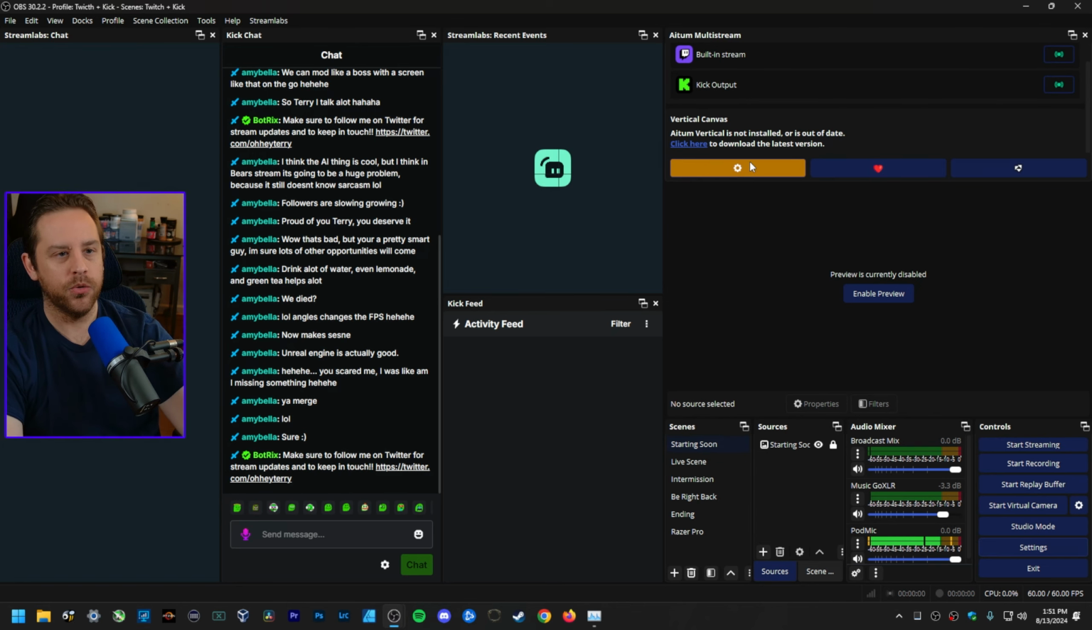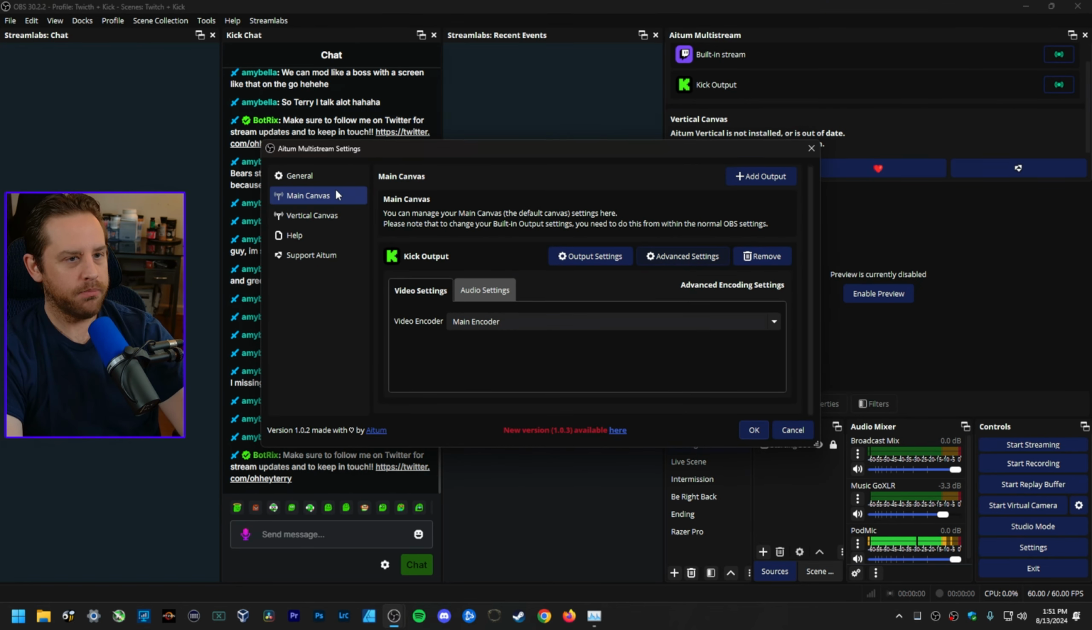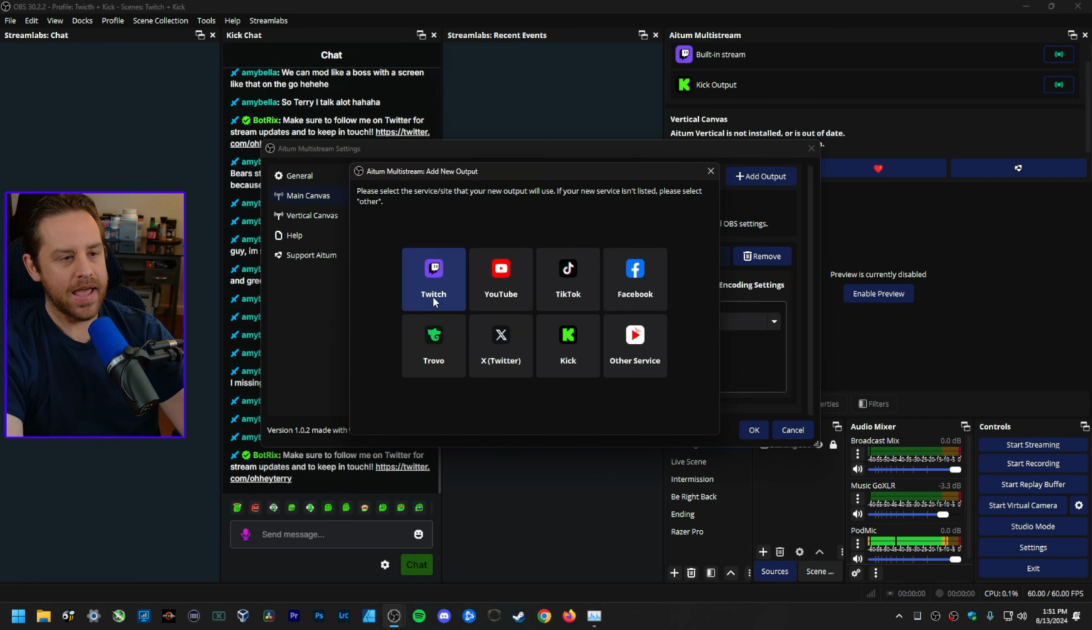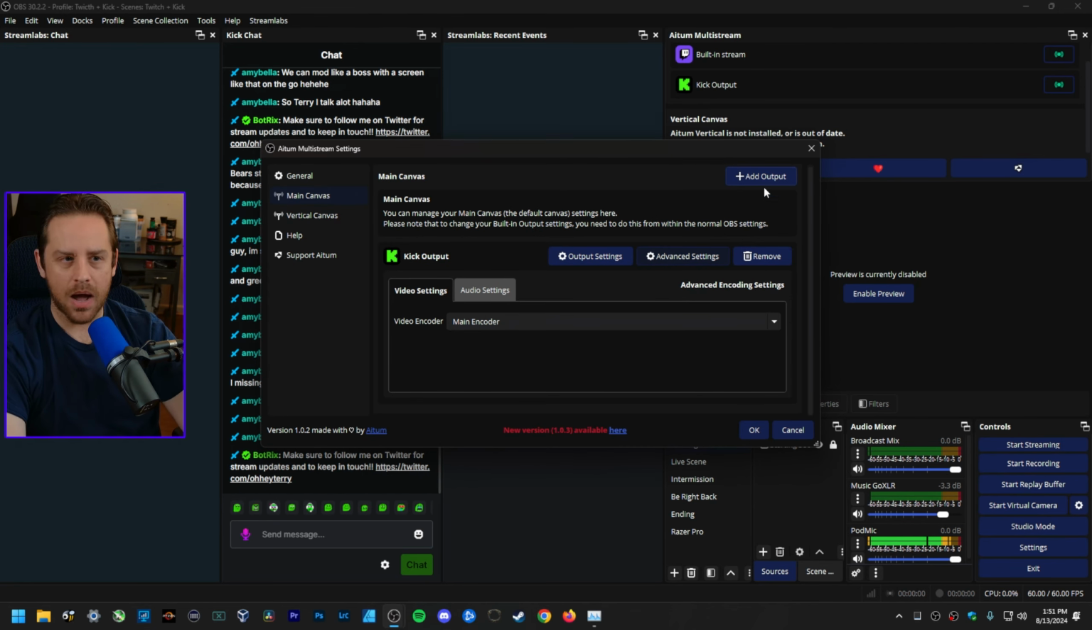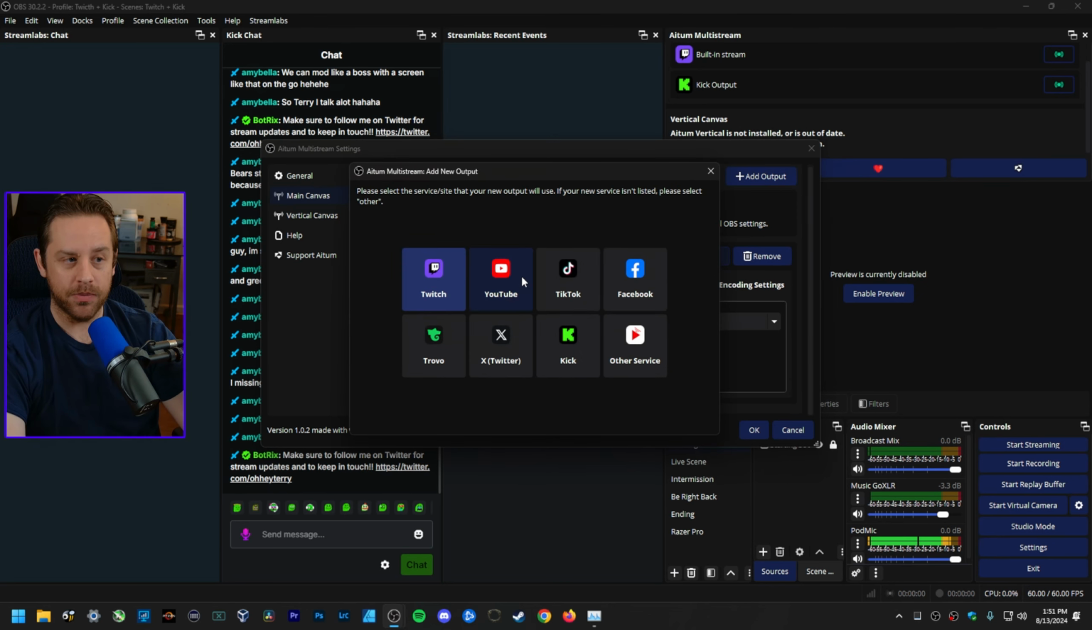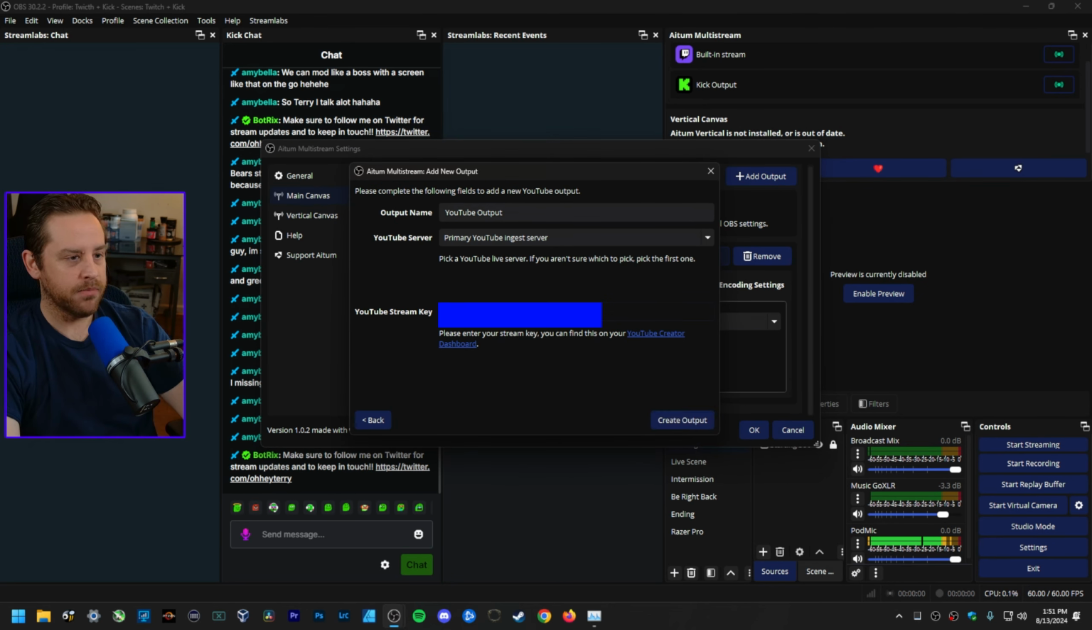All you have to do is click the little cogwheel here, go to main canvas, hit add output, and here are the services you could use. And of course you could also do other services as well for a custom server, and of course their custom stream key for that particular server as well. But for this one here, I'm going to go ahead and add a YouTube output here, okay? I already copied my stream key, and all you have to do is hit create output, and that's it. Now, as far as just setting up your sources for where you want to stream to,